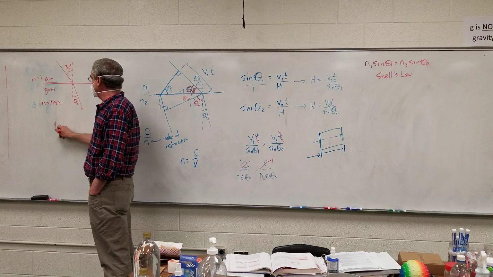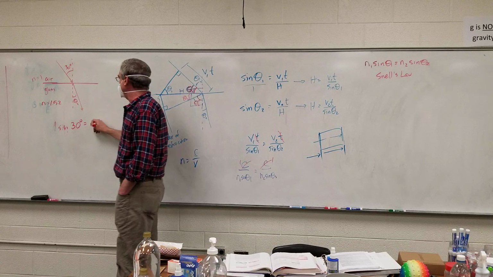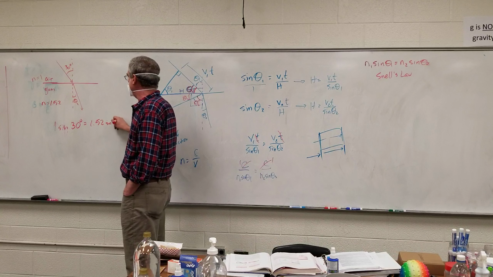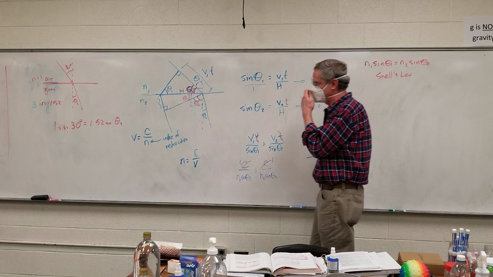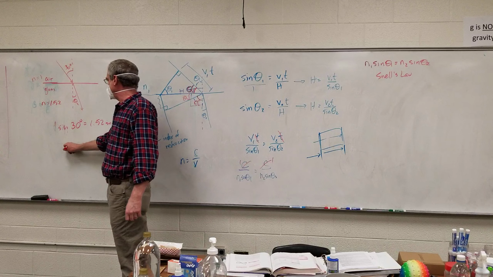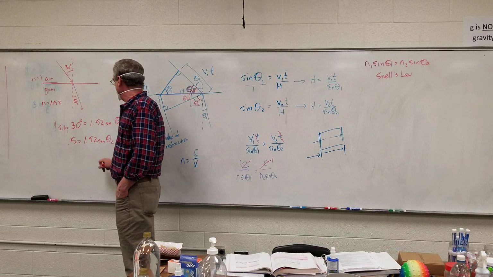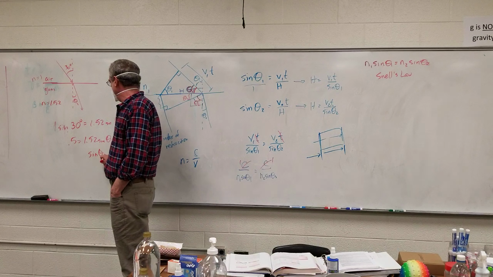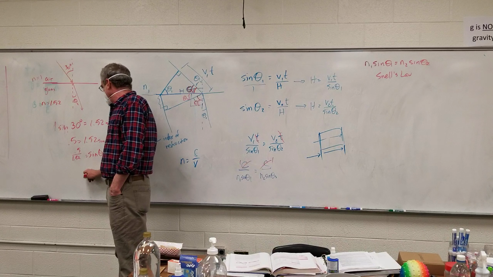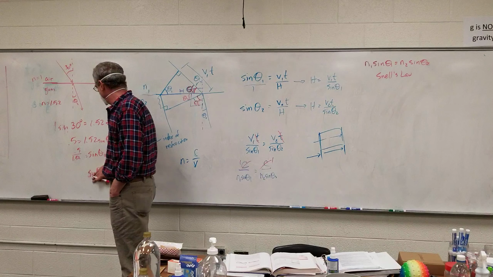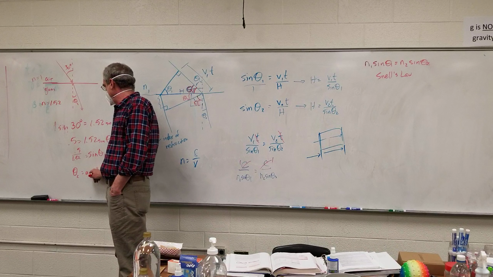And so 1 times the sine of 30 degrees is equal to 1.52 times the sine of theta 2. So that's 0.5 is equal to 1.52 sine of theta 2. And so sine of theta 2 is equal to 0.5 divided by 1.52. So theta 2 would be the arc sine